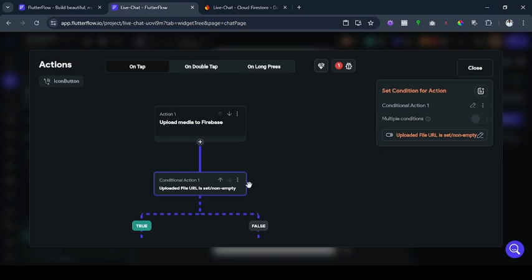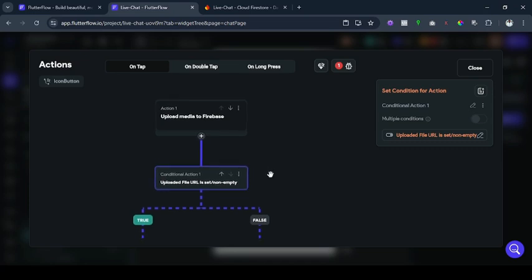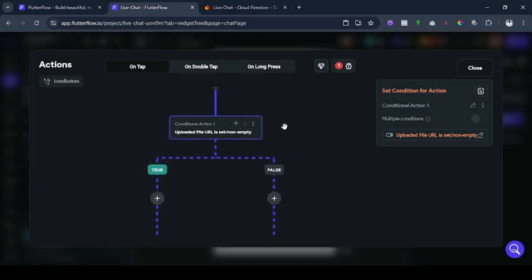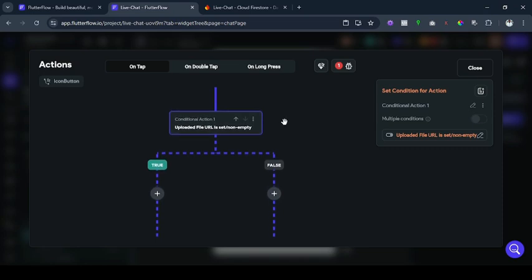Then it will result in sending an empty message without a URL, and that can be another issue of a null value. So if the uploaded file URL is set, then the next thing that should happen is